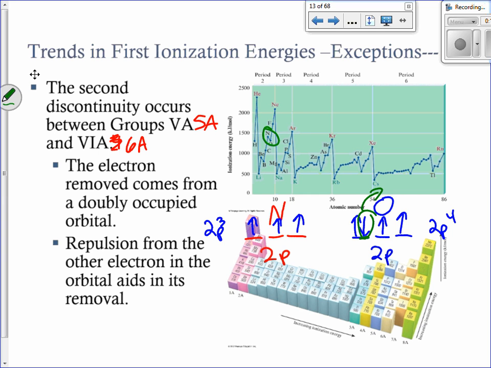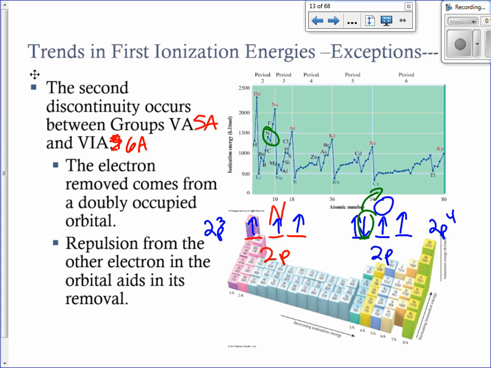No, fluorine continues to get higher because it gets more effective nuclear charge. So this electron repulsion, in comparison to effective nuclear charge, isn't enough to change the energy. So you have more repulsion here than the adding of the protons to counteract it. Fluorine, though, has more protons, so therefore it's holding on tighter. Does that make sense? Yeah. So you don't have that little deviation from the trend.